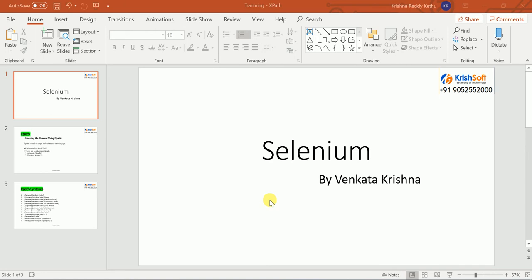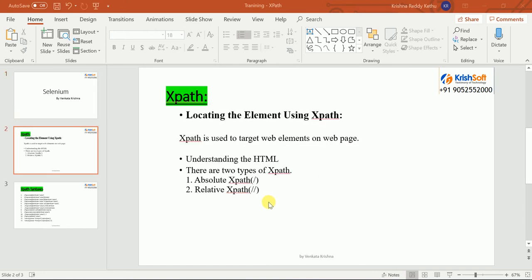I am going to cover XPath from beginner to the advanced level. After this video you will be able to locate any element on any application. There is no doubt about it. Before going to discuss XPath, I want to cover what is HTML, what is a tag name, what is an attribute, and what is a parent and what is a child. I want to cover all of that in the beginning, and then let me enter into XPath.